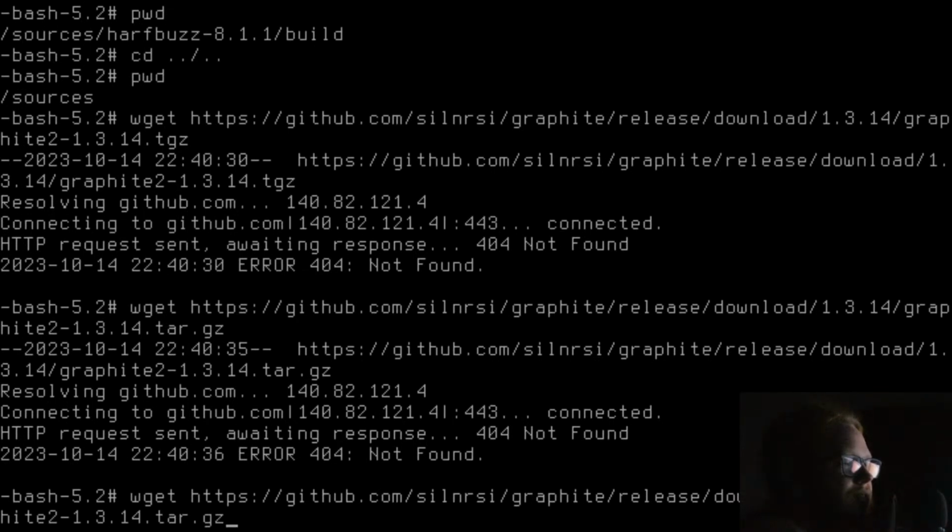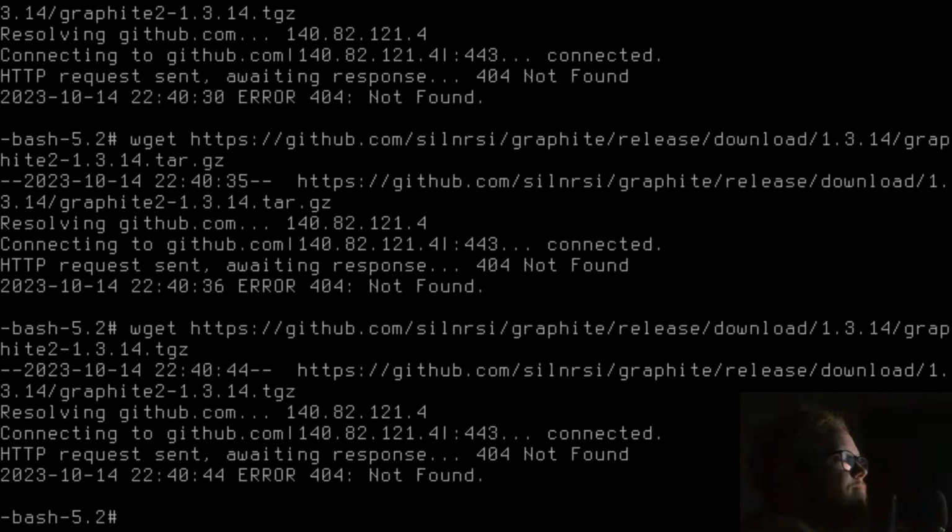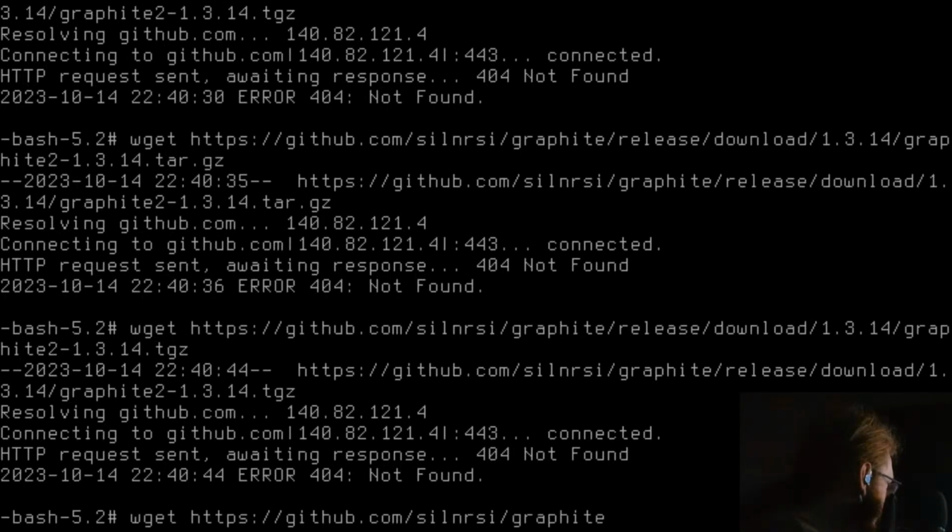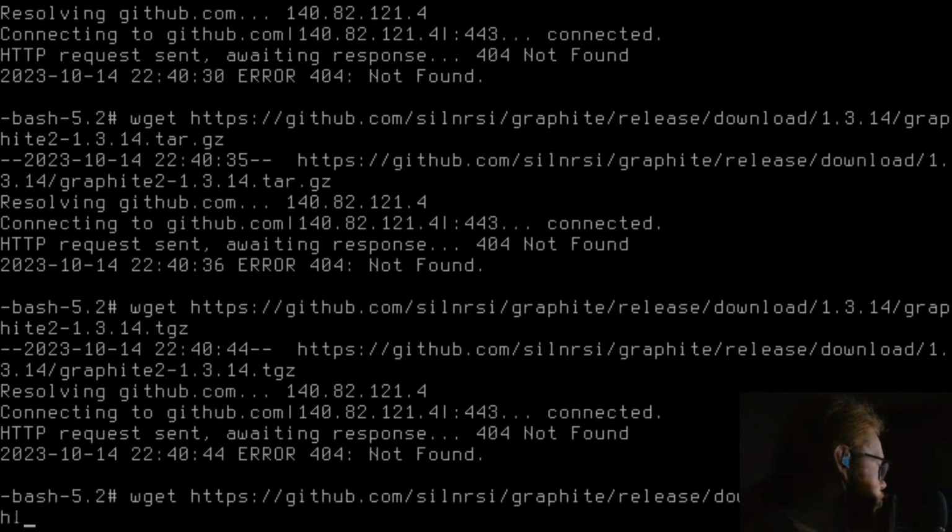No, I haven't. I've typed that in wrong then. wget github.com/silnrsi/graphite/releases/download/1.3.14/graphite2-1.3.14.tgz.